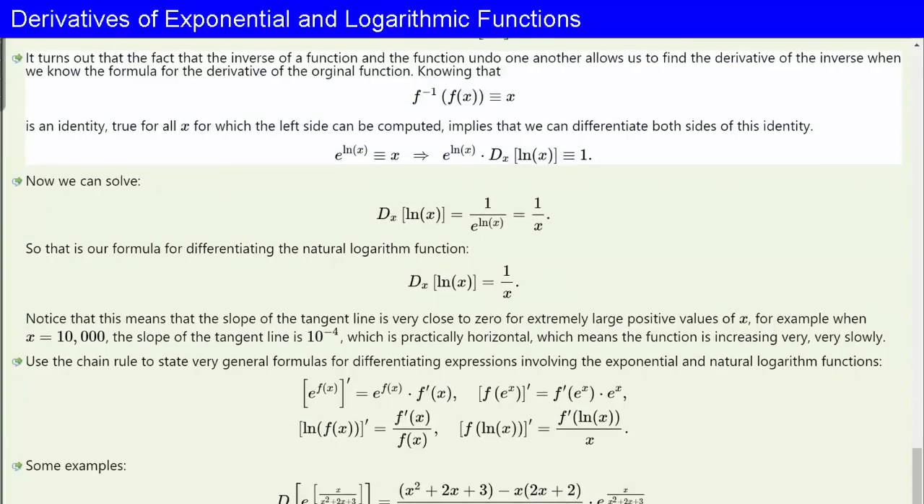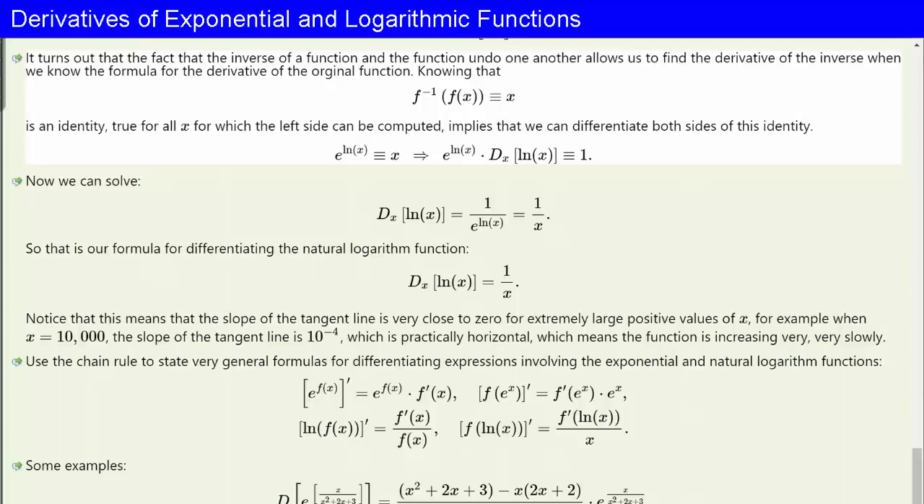Now we turn to the natural log function, which is the inverse of the exponential. It turns out that the fact that the inverse of a function and the function undo one another allows us to find the derivative of the inverse when we know the formula for the derivative of the original function. That long mouthful of words is easily summarized in mathematical notation, knowing that f inverse of f of x is identically equal to x,